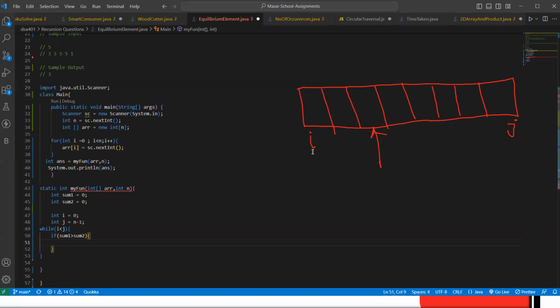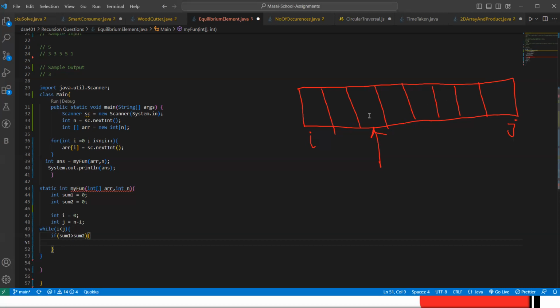First of all, we add these two elements, like in sum1 we add this element i and in sum2 we add this element. If our sum2 is greater, then we are not adding this second element. We simply add the ith element from this side. If this side sum is increased, then we are not adding this element. We are simply adding this side element.